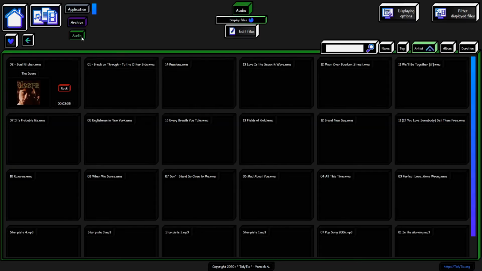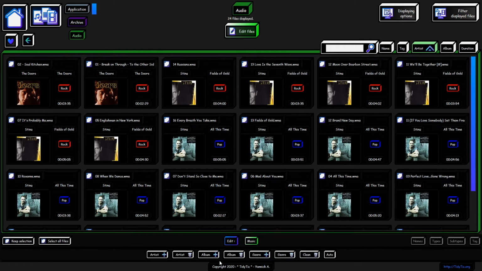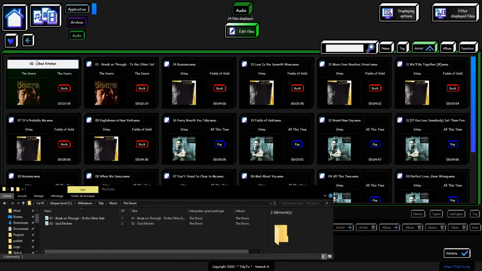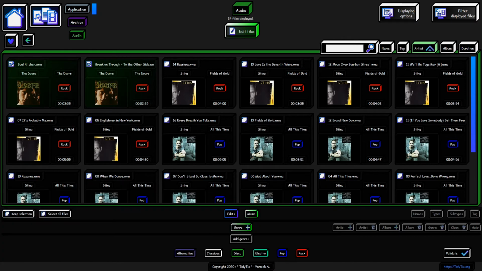You can also modify artists and albums of your songs from the Edit Files menu. You will be able to add those already known by the software or delete those already present in your music, just like genres. If you rename songs with TidyTick, the file name will also become the song's title. This information is present in the file itself. It is the information you see when you use Windows Player or your phone to play this song, for example.